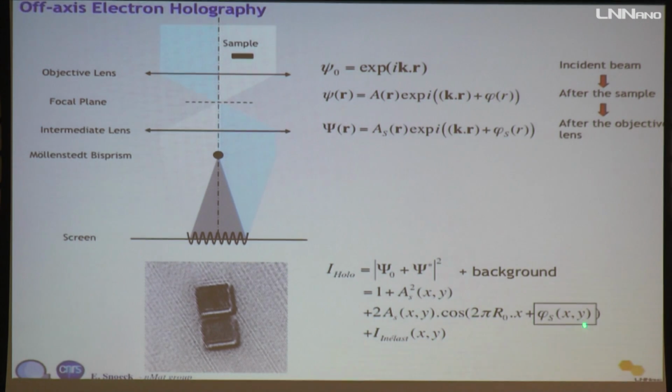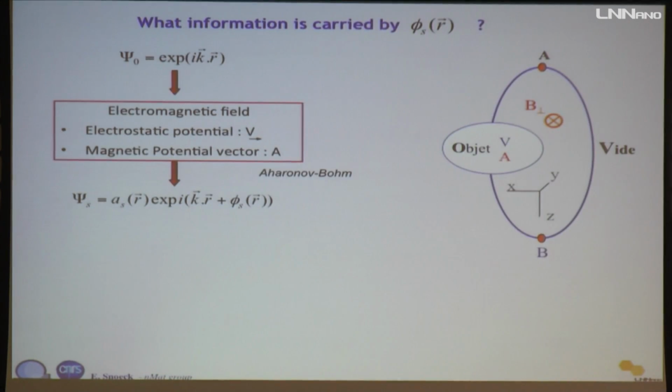And as I said, the hologram contains some periodic contrast with a phase shift which is directly related to the phase shift of the electron beam after interaction with the sample. And I said that this phase shift depends on the electrostatic and the magnetic potential, and actually this is the Aharonov-Bohm equation, which shows that